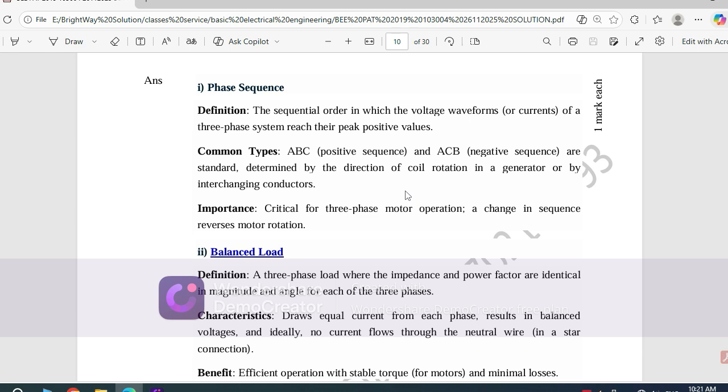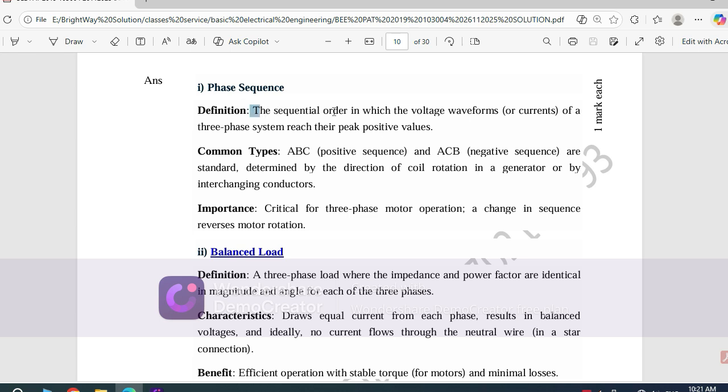These are also correct. But what does the actual concept demand? You have to write the answer. Okay, so the definition for phase sequence: the sequential order in